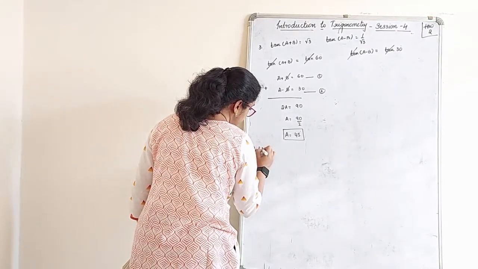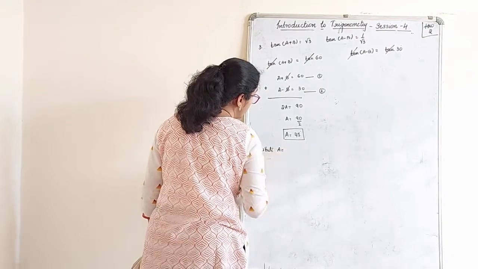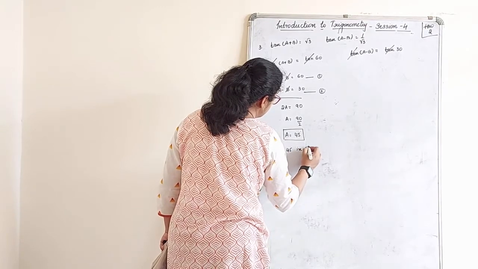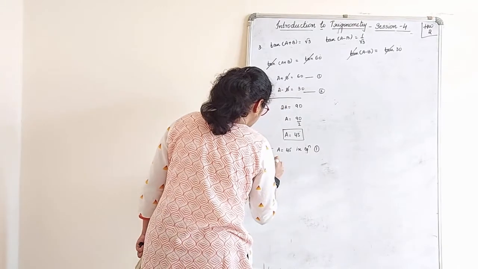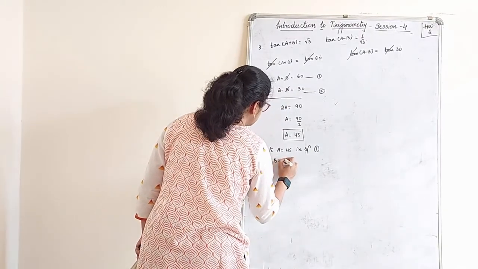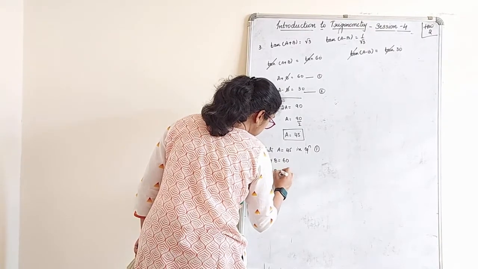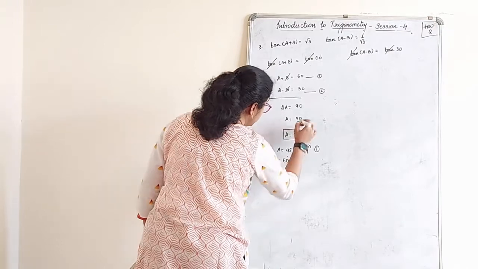Substitute A is equal to 45 in equation 1. So A plus B is equal to 60. 45 plus B is equal to 60 degree. B is equal to